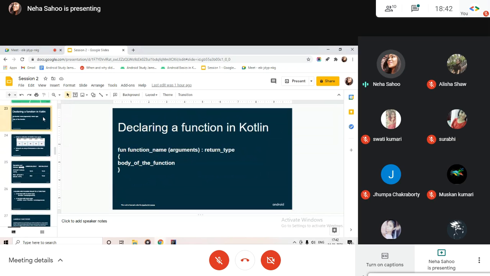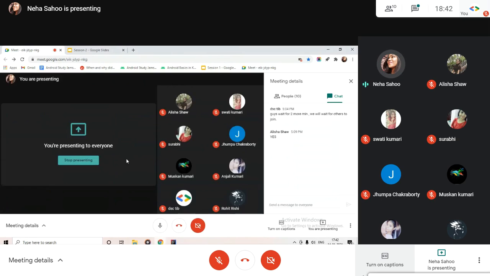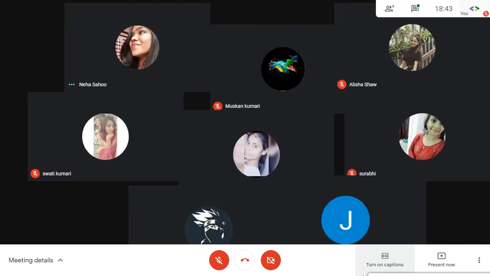Then we also learned how to declare a function in Kotlin, which we have already done. So this was all that you need to learn about the Kotlin programming language. I'll now go to what we will be doing today and learn a little more about it. I'll just stop presenting for now.